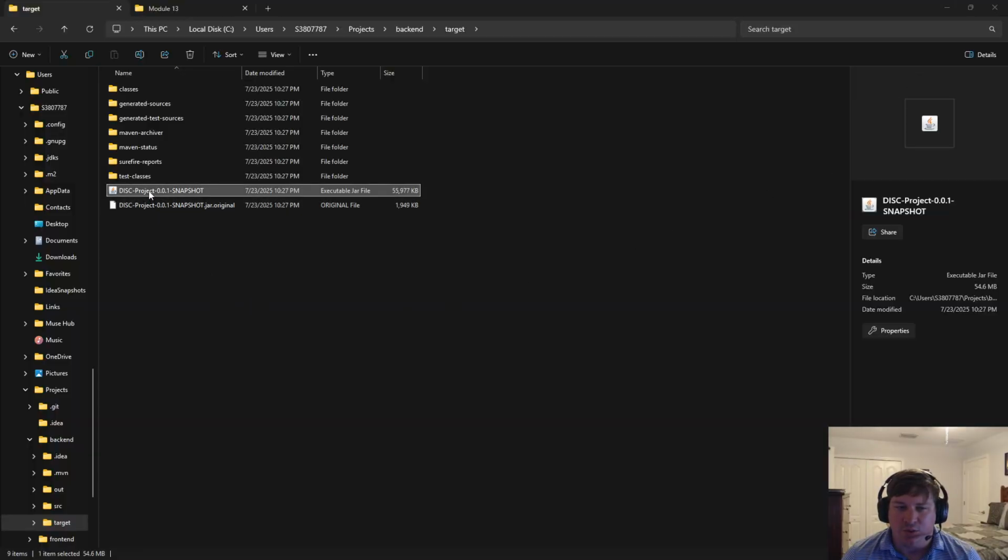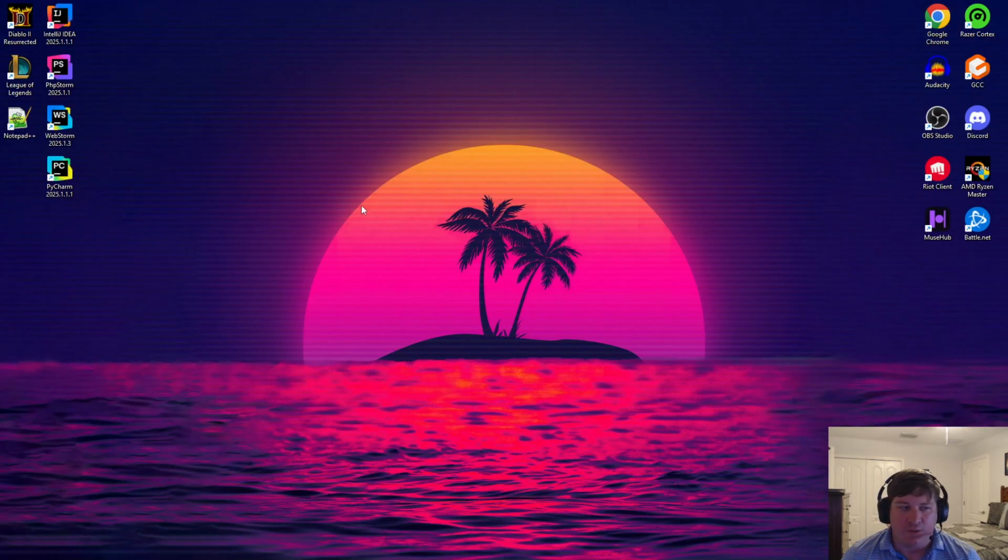Here is the executable jar file. I could run it from the command line, but it's just more convenient to click it from the actual folder itself. So we already know that our server is running in our services. That React is now running in the back end. Fun fact: